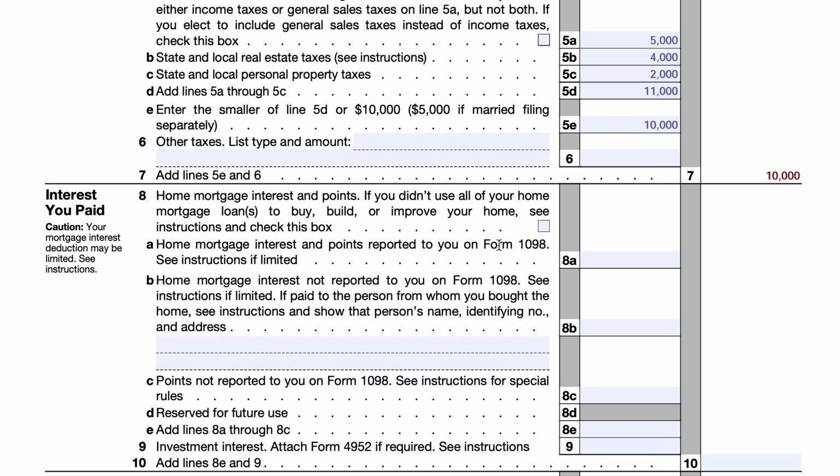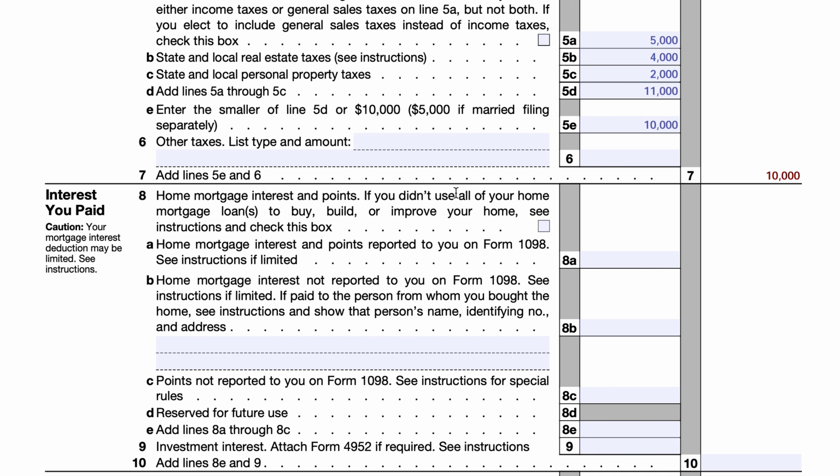So the other aspect to this is that you can only deduct home mortgage interest that is considered to be qualified home acquisition interest. So before the Tax Cuts and Jobs Act, you used to be able to take a home equity line of credit, and then you could pay your credit cards off, you could pay off a car balance or whatever it was. If it was reported to you on a Form 1098, you'd still be able to deduct it on your tax